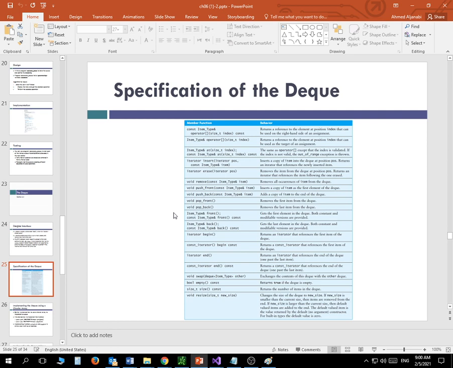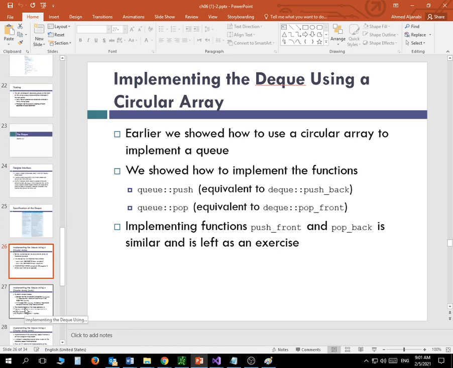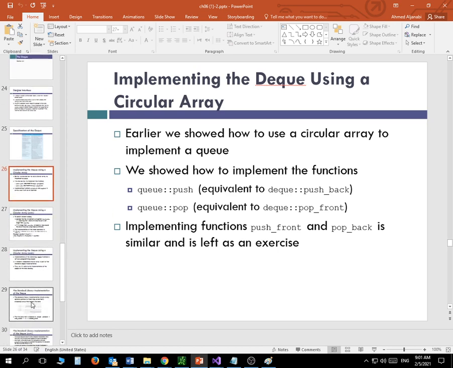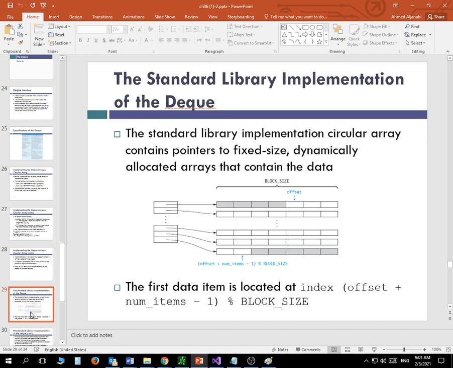Okay, so the thing that you need to understand about dequeues is that even though I said you have all these operations, the focus whenever you want to use the dequeue is going to be on push front, push back, pop front, pop back, front, and back. Those are the functions that make it a dequeue more than any of the other functions. So the thing that we need to understand here is how it is implemented. Before I show you the code of the implementation, I just want to show you a picture so you will be able to imagine